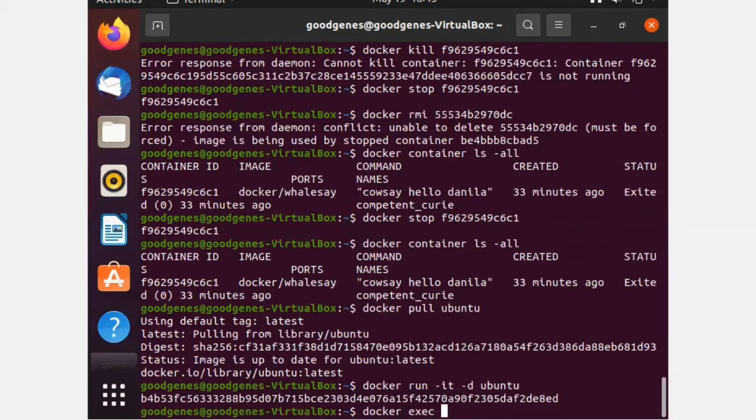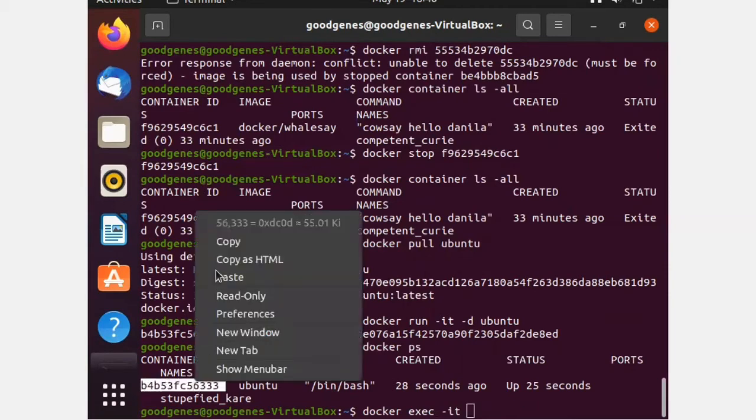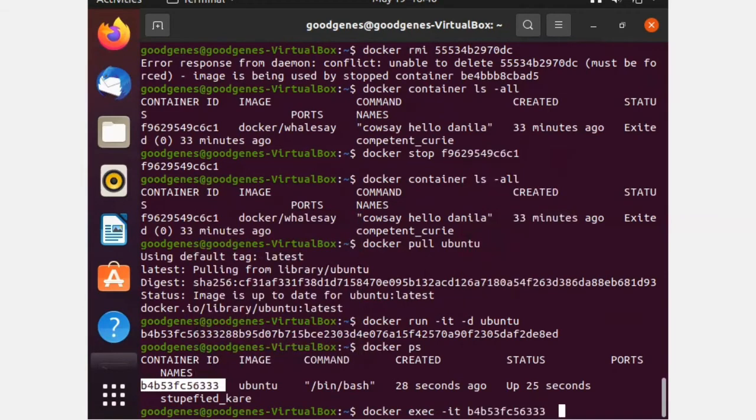I'm going to take this ID here. That's the same ID that we got, but we got a bigger extended version of it. So docker exec -it and this container ID that I got, and it's simply going to run a shell for me.